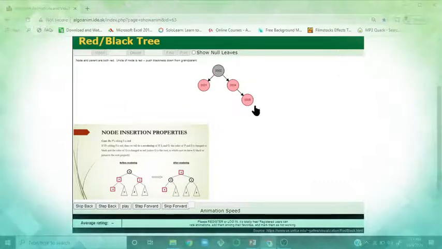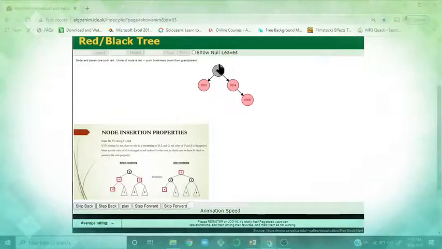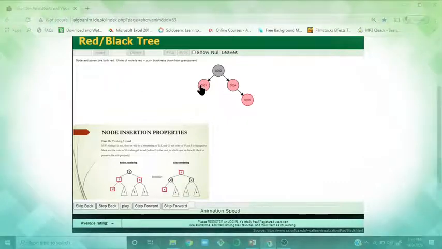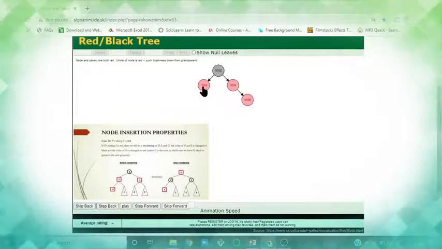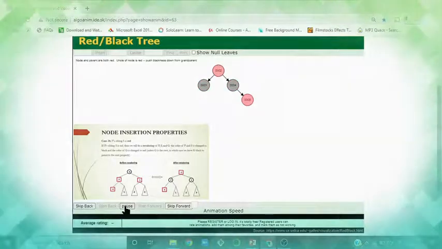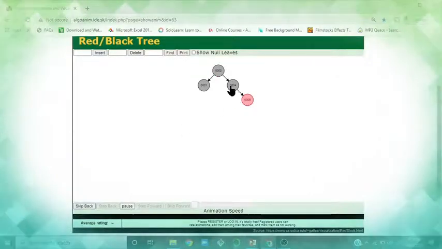But in this case, the parent is your root node, so you can't make this red. This will remain as black. So what happens? This 1, 4 and 2 all turn out to be black color. You can see all turn out to be black.